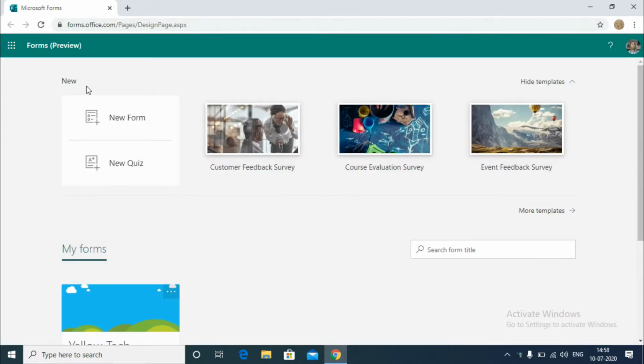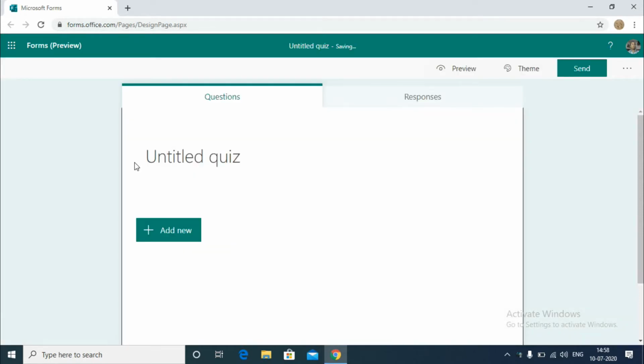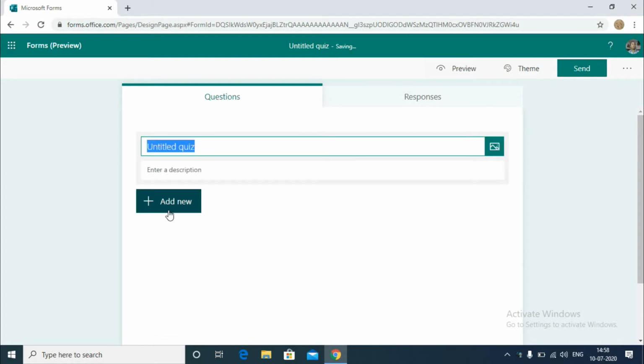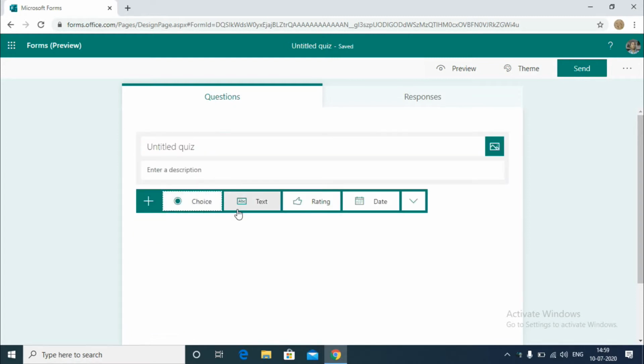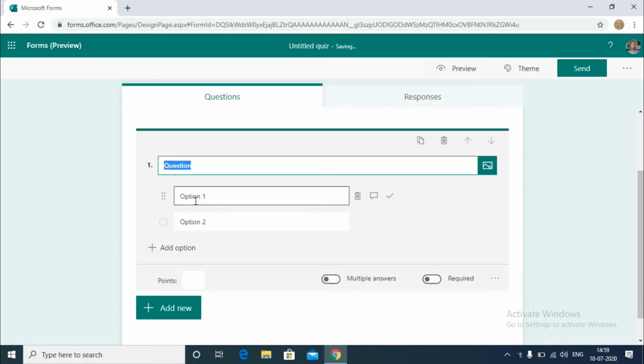Now I have to go back here, and I'll not show the step-by-step procedure for this new quiz, as it is the same as for forms. So you can give the title and description here and click add new, and you can make anything like this. For example, click here choice, and I will show you one question, that's it.